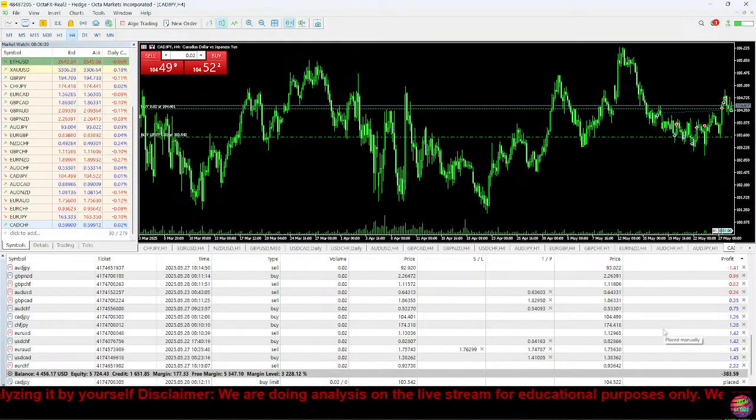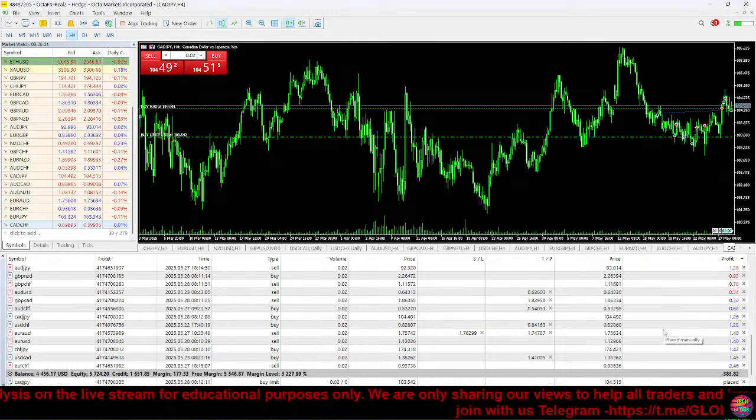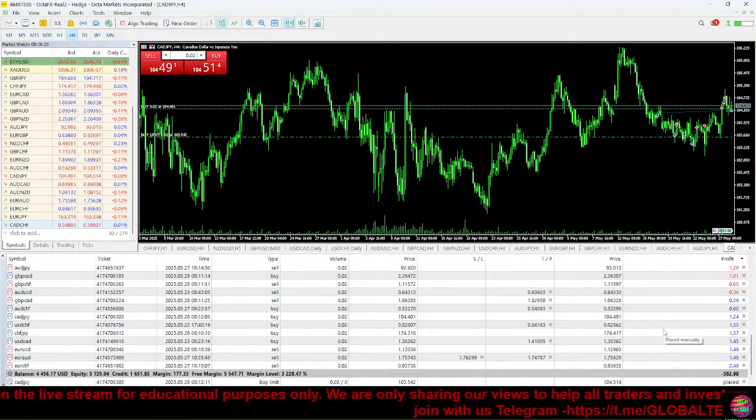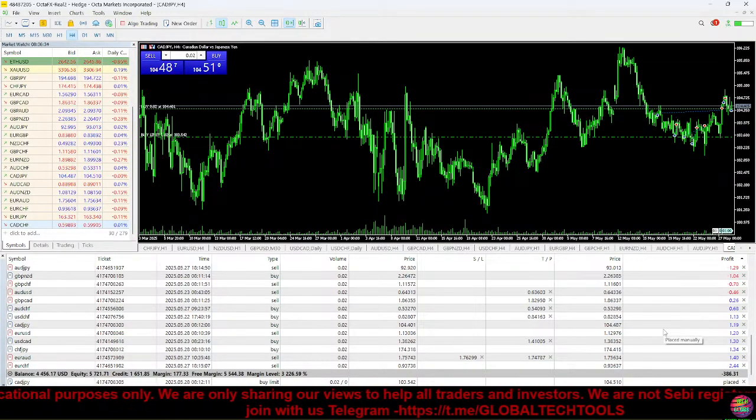Moving on to this section right here, these are the different types of chart ways on here you can read the chart. You can read the chart on bars, candles, hollow candles, volume candles, all different types of candles or lines or different ways how to read the price that the market is showing. And you will only be needing two, which is going to be the candlestick section and the line section. So you'll be putting a little star on that, and then instead of it popping up on your tools, it is going to pop up on this section up here. So you can see, put a little star and it will pop up in this section right here.